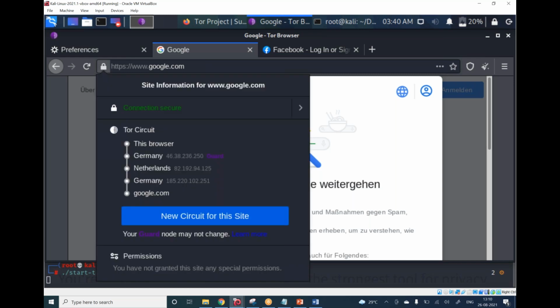My IP address has gone to Germany, Germany to Netherlands, then again to some other city in Germany, and I'm accessing Google. So tomorrow someone tries to find out who is that person who has entered into my website, they will think it is someone from Germany and so on, so IP address. But actually I'm sitting in Bangalore, but here I'm showing you as though I'm sitting in Germany. Wow,